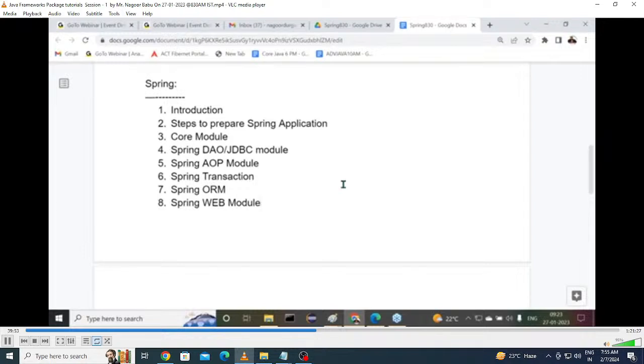Before that, answer this. Outside, we might be able to prepare web applications. Am I right or not? Now tell me, by using which technologies are we able to prepare web applications? As of now, we have concepts like Servlets and JSP. Am I right or not? Servlets and JSP. Right, sir. Servlets and JSP. Here we have the concepts now.